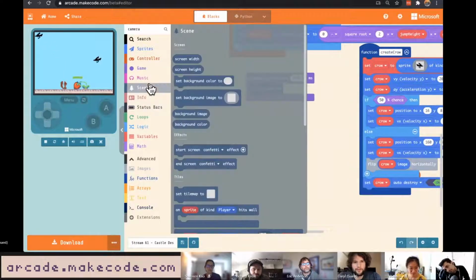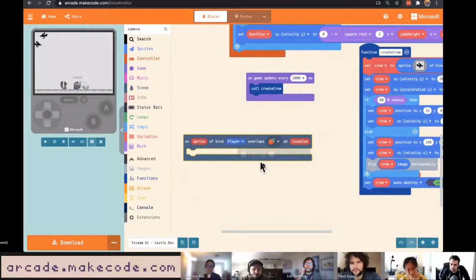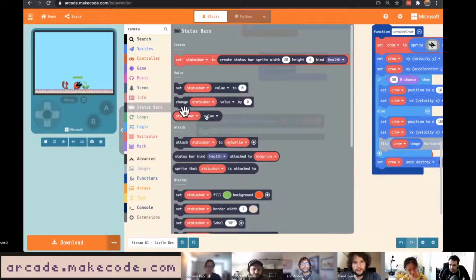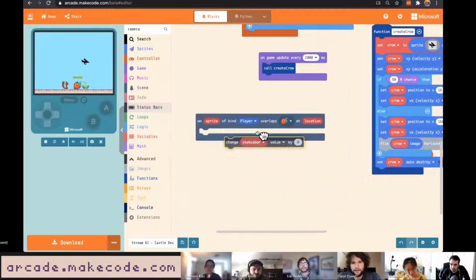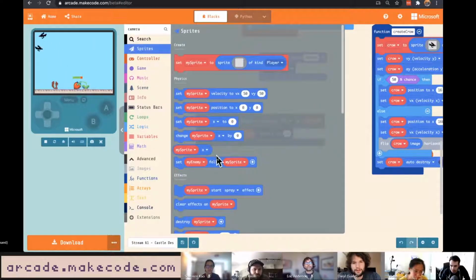Okay, so now we're going to need to do some overlap code. So when the player overlaps a strawberry, we're going to change the strawberry health by, let's say, -5. I don't remember what the default value is. And so, the player, well, that's really fast. So let's say a lot less than that. So the player hits the strawberry, then you injure it, and then I'm going to have the player say,